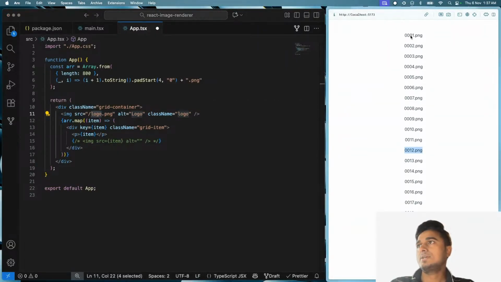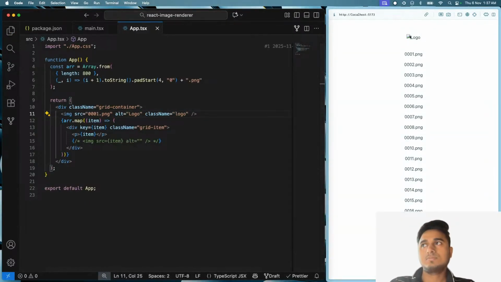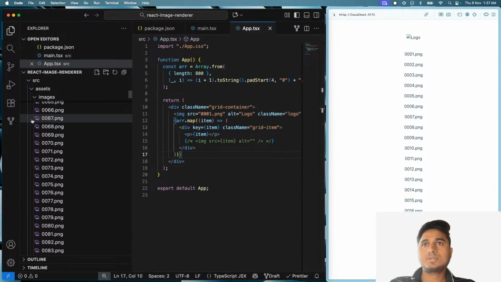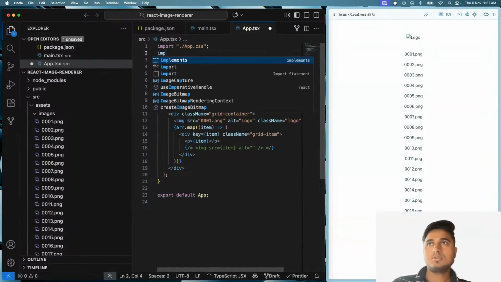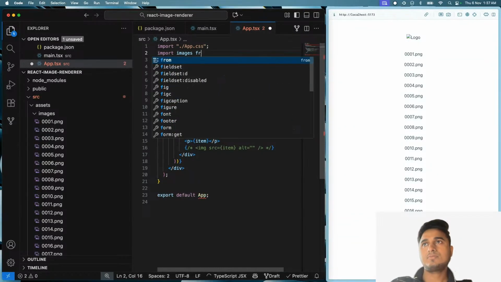So let's say this, right? Let's try it here once, and then we can do this. So this is broken, right? And now if I try to do this, I first import images from